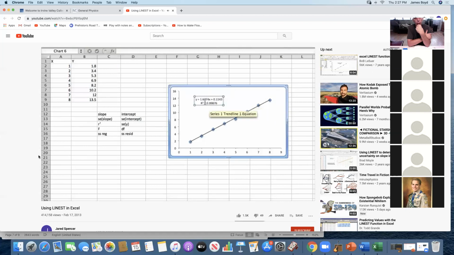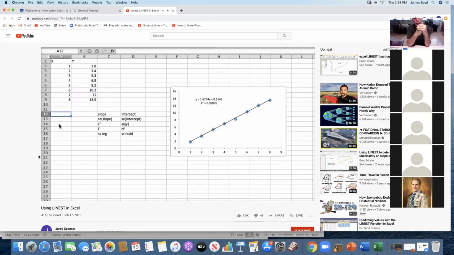So this is the linear regression analysis, but you'll note a couple of things. We don't have the error in the slope and the error in the intercept provided to us here. And so we need those for a lot of the analysis that we're going to do in PChem lab. And so we have to have a way of doing that. Now, the easiest and fastest way that I found to do this is with the LINEST function. So what I'm going to do is go over here and highlight this cell. I'm going to hit equals